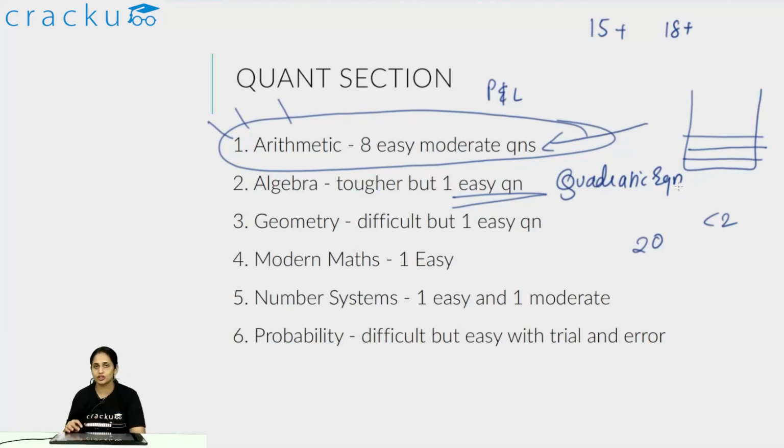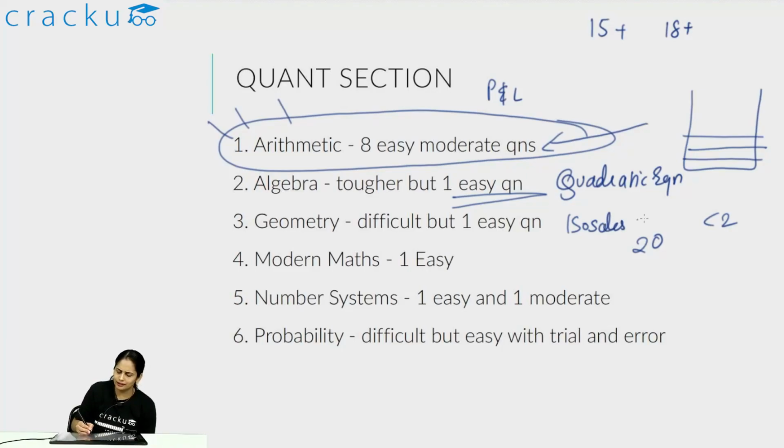Now in geometry, I felt geometry over here was fairly difficult. There were 3 very hard questions and 1 easy question. So always your strategy in these kinds of situations should be that at least the easy question you should get. The easy question was on isosceles triangles counting. This is a basic